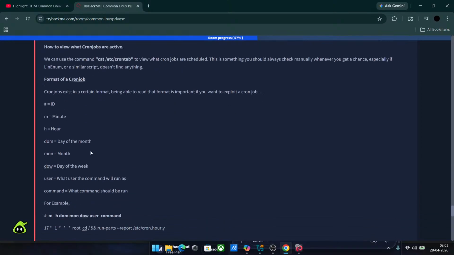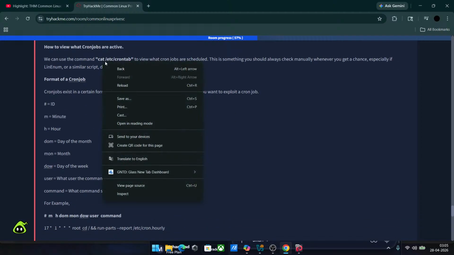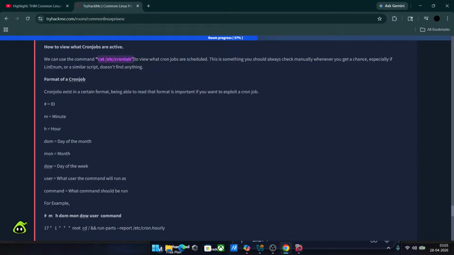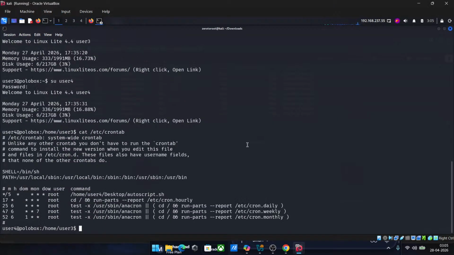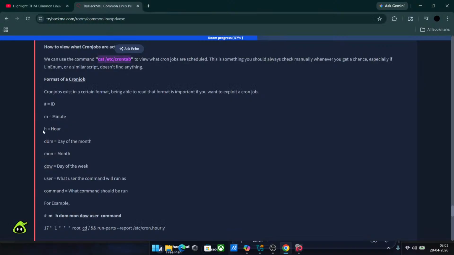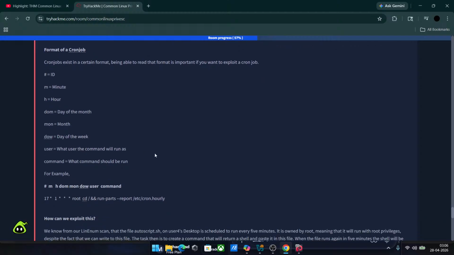Now we need to do this crontab. We got this in 5 minutes. Minutes, hour, day of the month, month, day of the week. User will run the command. What command should be run? For example,